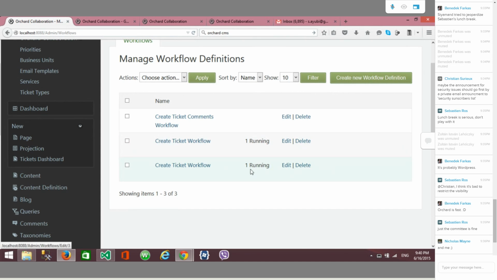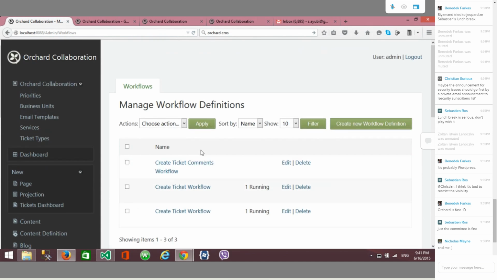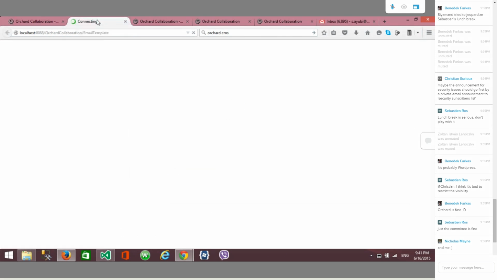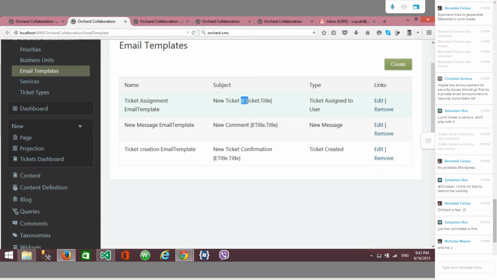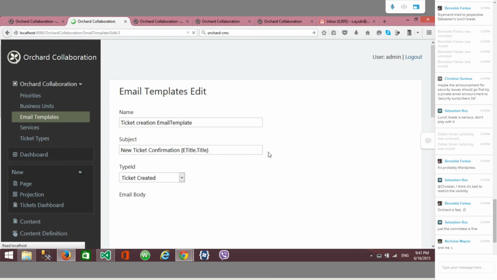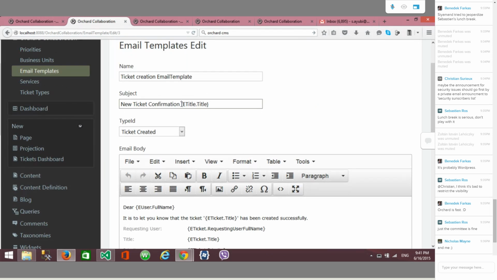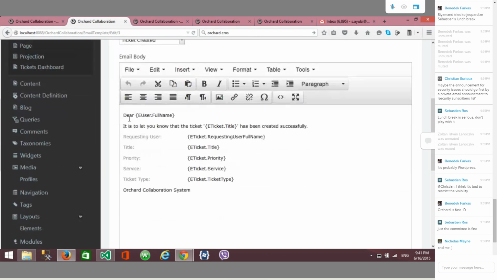This one sends email to the reporter of the ticket. And there are email templates here, in which I can use custom tokens related to the ticket. For example, if we see this one, here is the title of the ticket, the full name of the user, the other properties of the ticket,